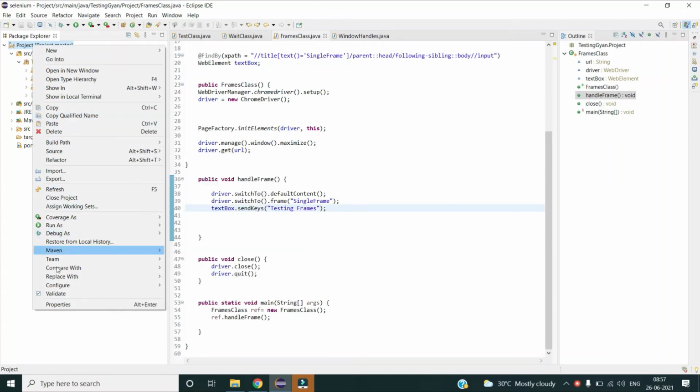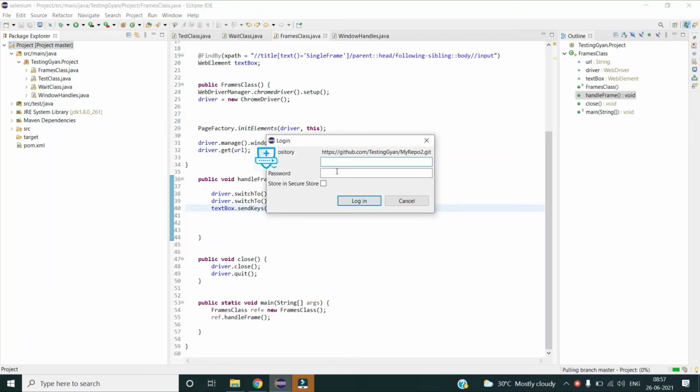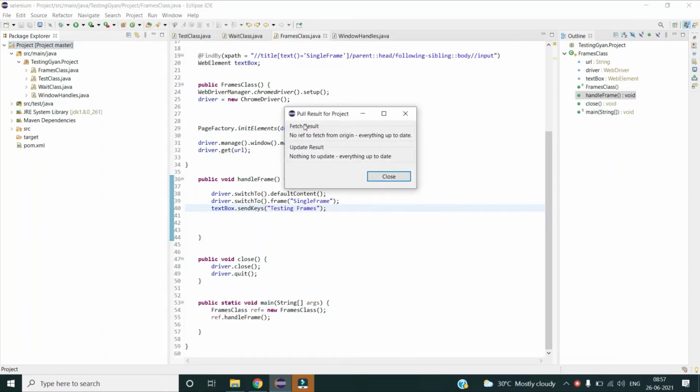So let us see. If I try to do a pull operation, I have to give my credentials. You can see it is telling me that everything is up to date.